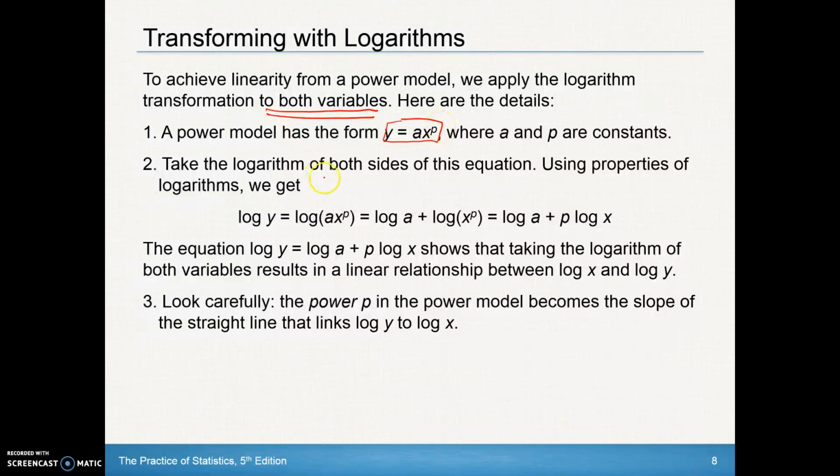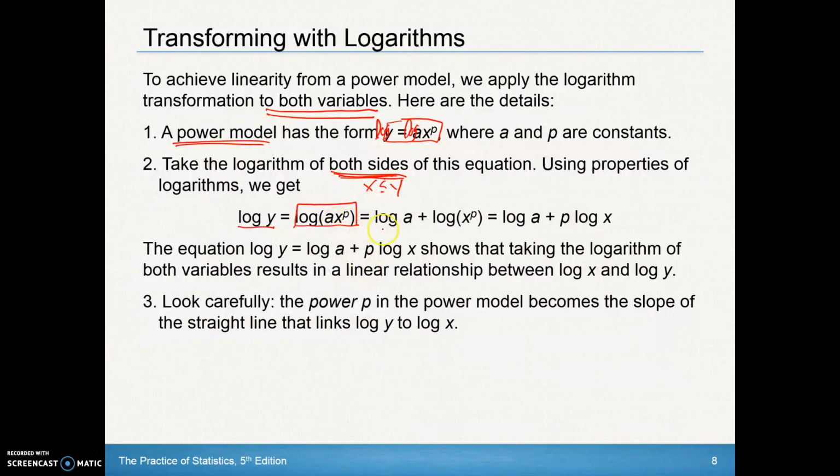If we take the logarithm of both sides of this equation, if we believe we have a power model but we don't know what power it is, take the logarithm of both sides, of both the x and the y. And then, making sure you know your log properties, what I have originally here is log of y equals log of ax^p. So basically, I took the log of this side and the log of this side up here. Through a little bit of property manipulation of this part right here,